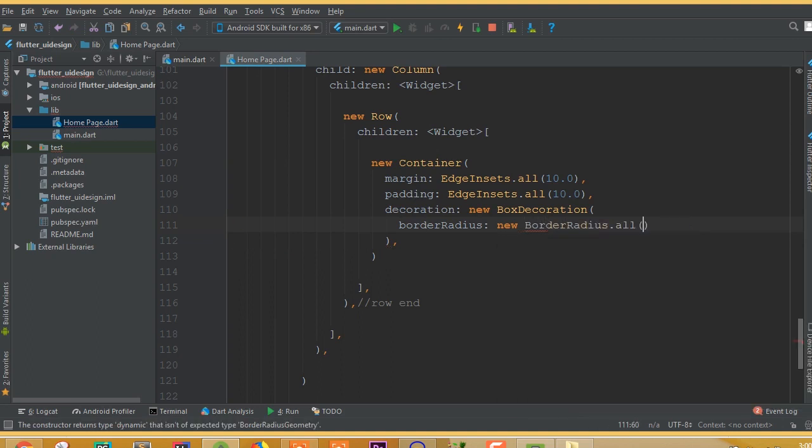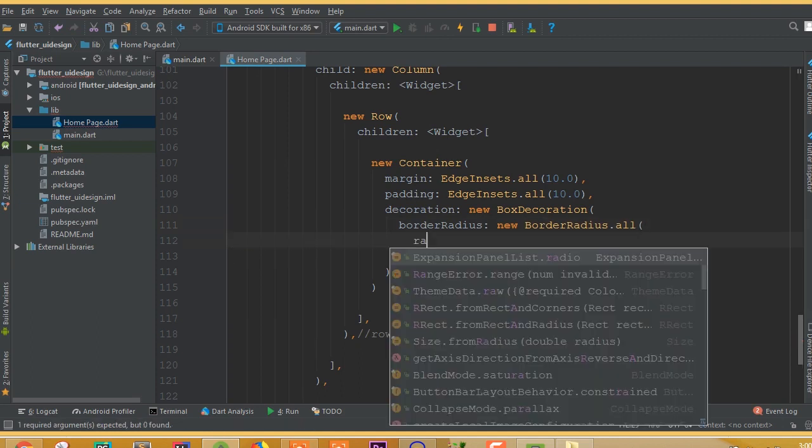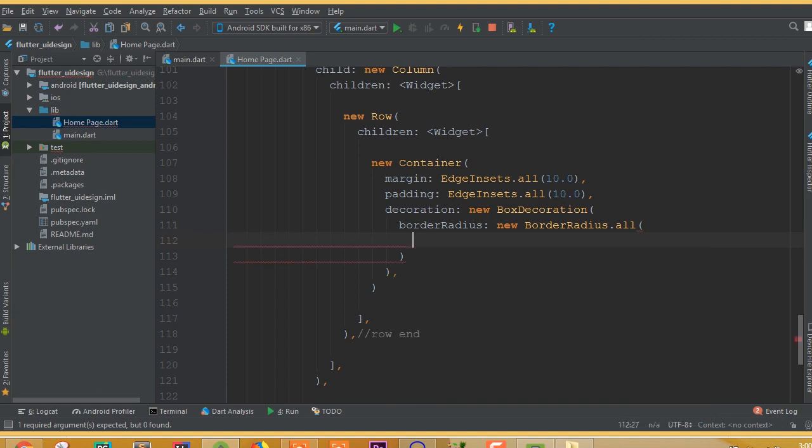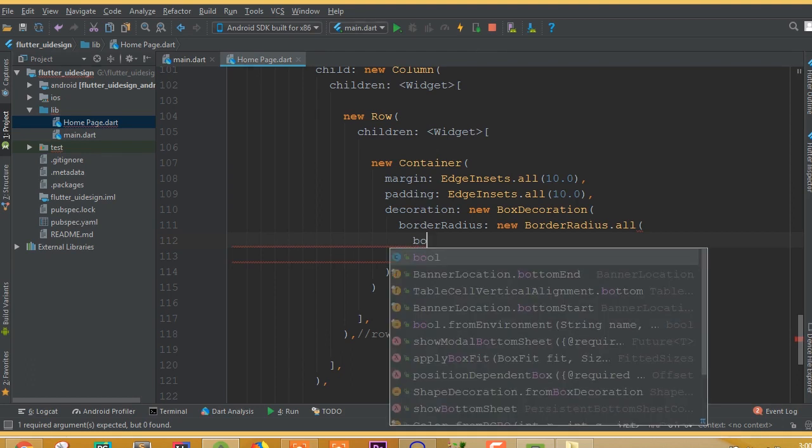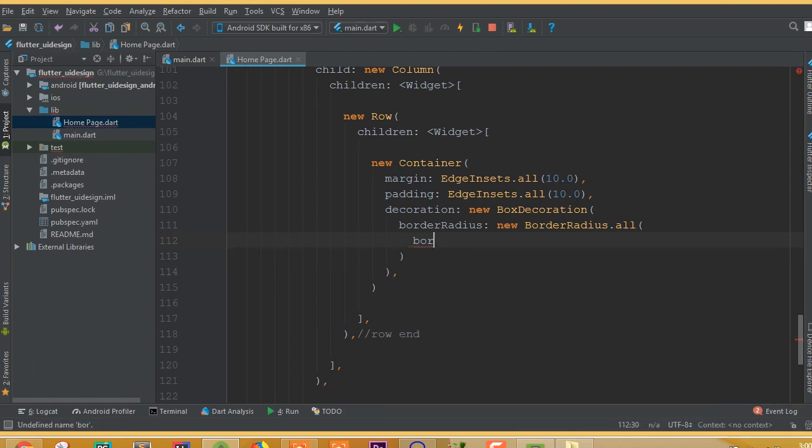so we just created it, and if we add a color, sorry, we need to add this color inside our box decoration. So color is going to be colors dot, you can choose purple color. Now if we run this application, we will be able to see this color. Now as you can see, we can see this. Okay,